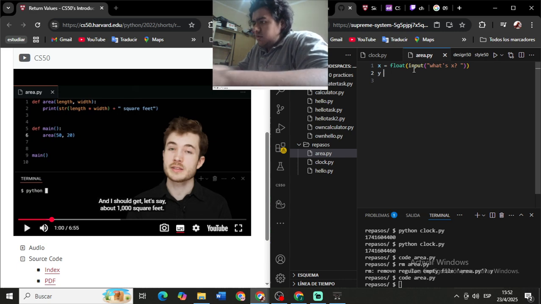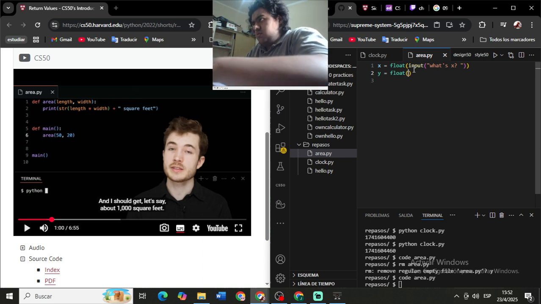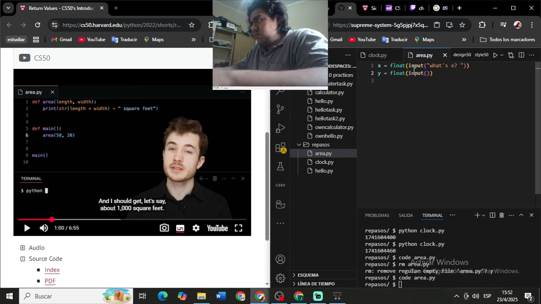Then y with this float input, what y. Okay. Now you want to make a function that use this